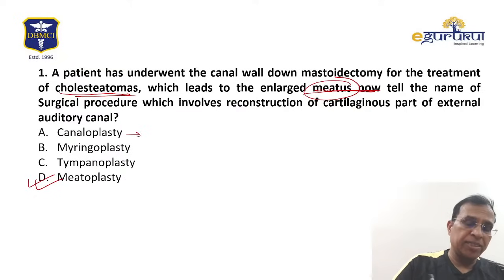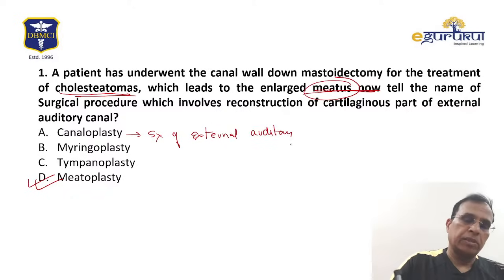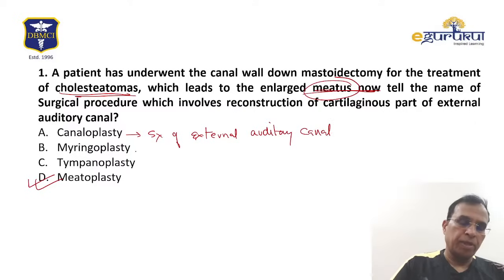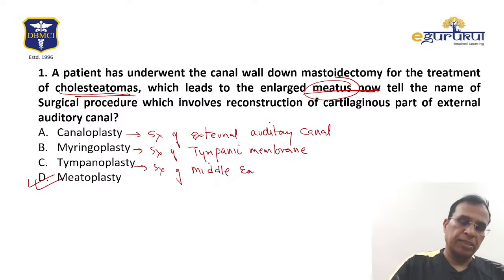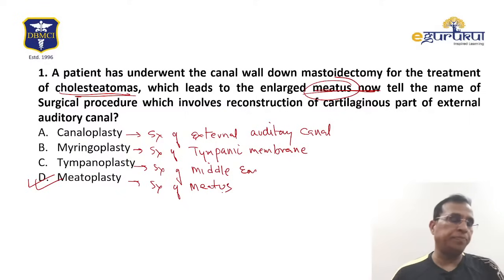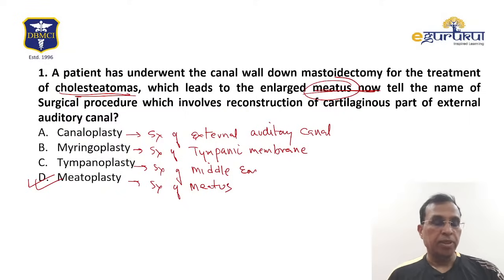So canaloplasty is surgery of the external auditory canal. Meringoplasty is surgery of the tympanic membrane. Now these terms are very important, guys. Tympanoplasty is surgery of the middle ear, and meatoplasty is surgery of the meatus. Right. Now meatoplasty